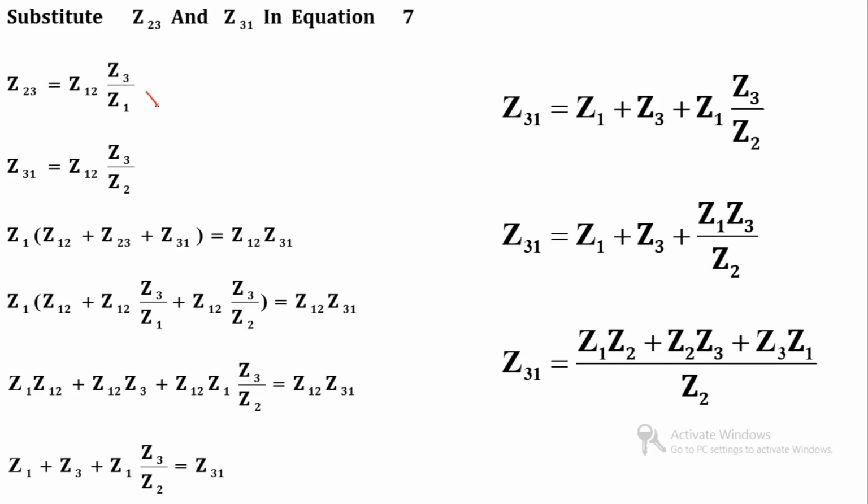So, this is the value of Z23 and this is the value of Z31 and this is our equation number 7. So, I will write so that you can concentrate a little bit more. So, this is the equation number 7. Now, we have to replace Z23 and Z31 with this term,